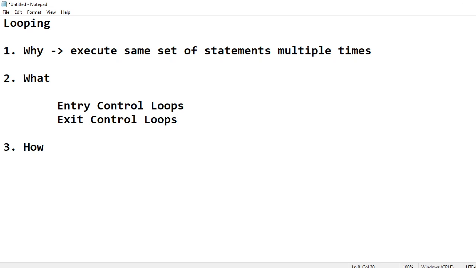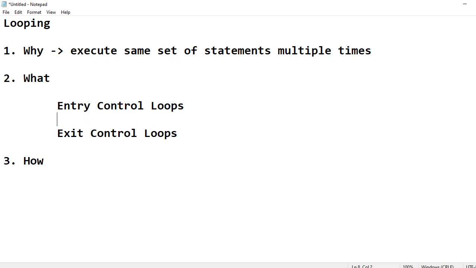The difference between entry control loops and exit control loops is that in an entry control loop the condition will be checked when the control enters the loop, right? And in the exit control loop the condition will be checked when the control is going out from the loop, when the control is exiting from the loop, right? So this is the difference.